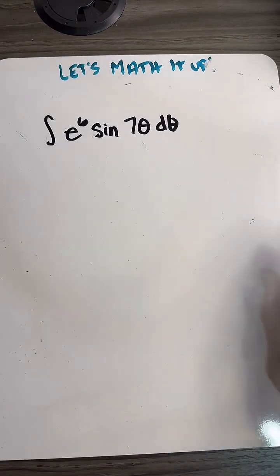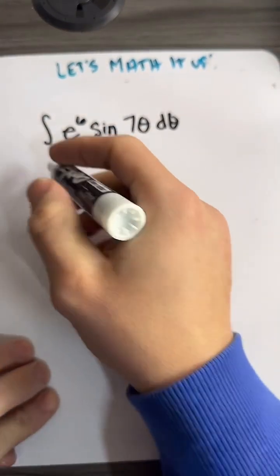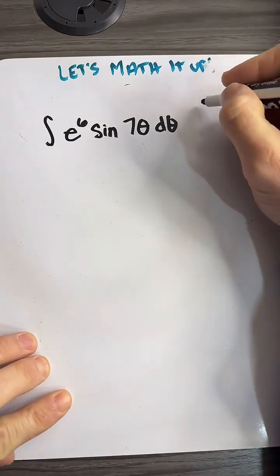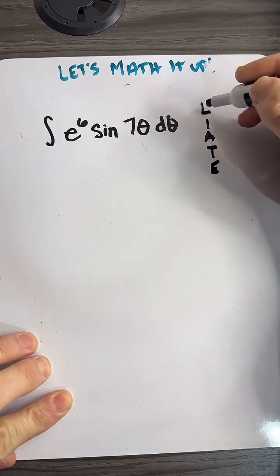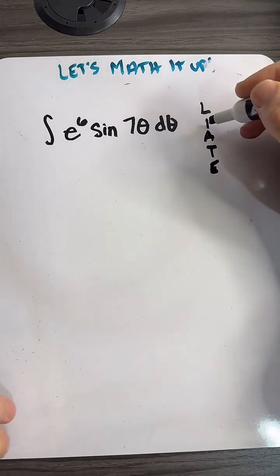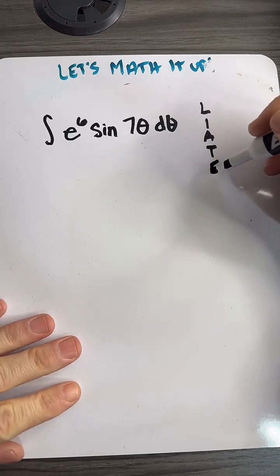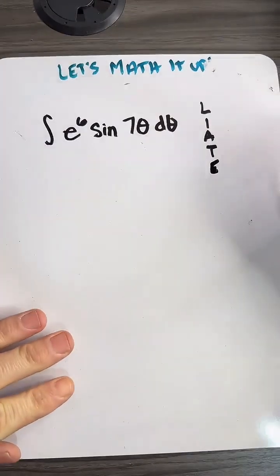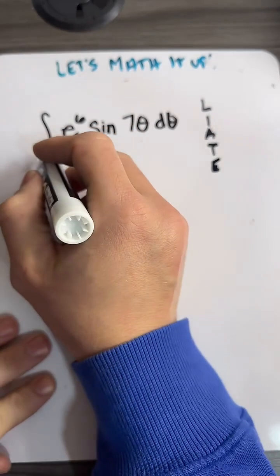All right, so we've got a product, so we're thinking integration by parts. We use LIATE, right? We've got logarithm, inverse, algebra, then trig and exponential. So it looks like we're going to deal with algebra, so we're going to do e to the 6. Okay, so what I've got is